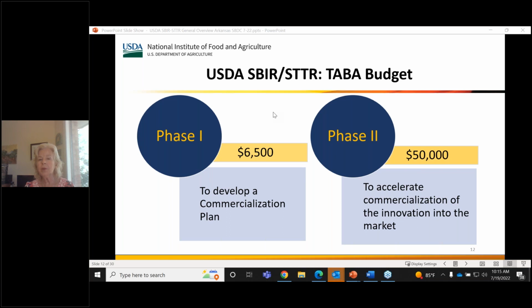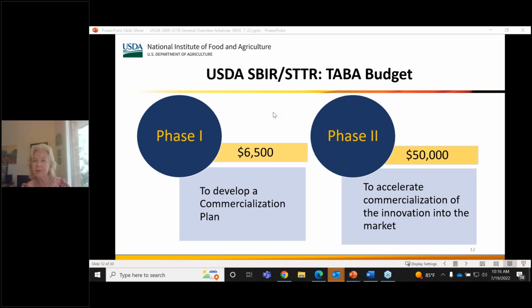And that commercialization plan will be part of your proposal for phase 2, so that it will be clear not only the research that you've done for your innovation in phase 1, establishing the feasibility, but the commercialization path will